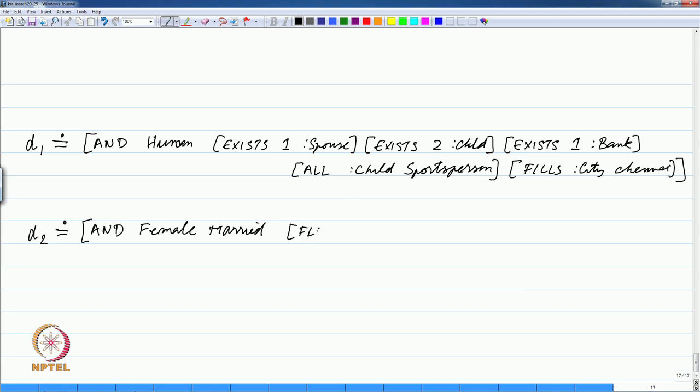And who bank with SBI, let us say, who have 3 children